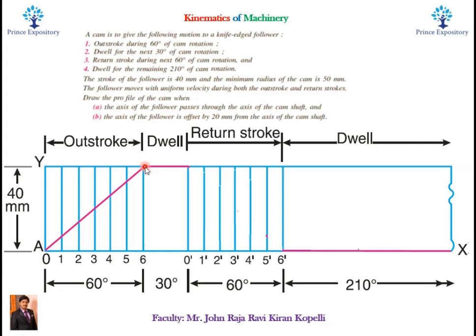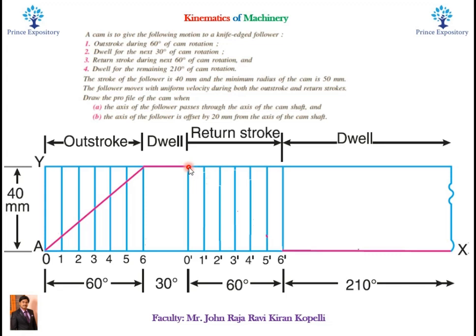Then what happens during the next dwell period? The cam rotates further 30 degrees, but it was observed that there is no follower motion. That is the reason we call it dwell. And at a later point of time,